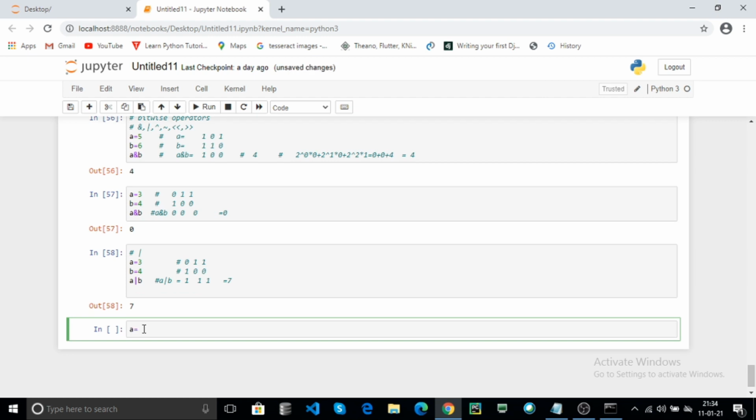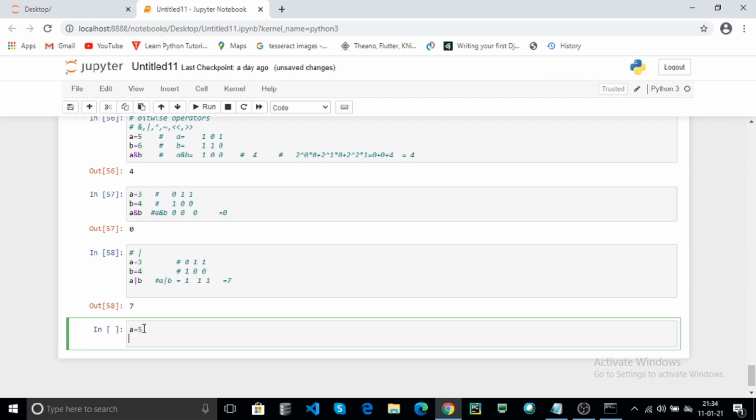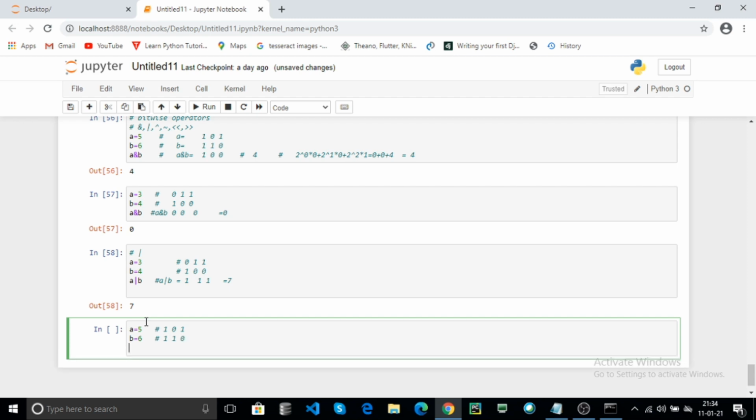And another example, a equal to 5, b equal to 6. 5 binary is 1 0 1 and 6 binary is 1 1 0. And what is a bitwise or b?